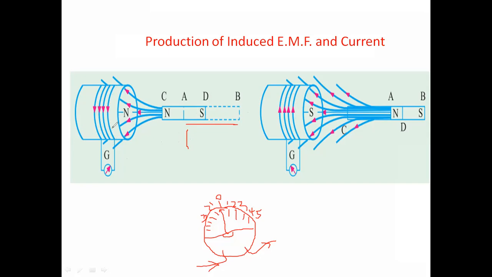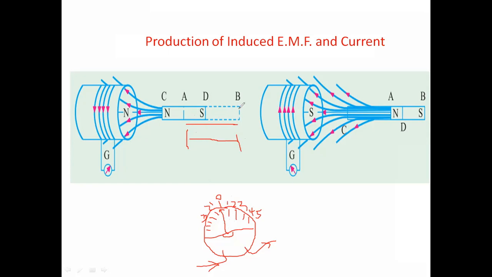When the current is induced in the coil, the galvanometer will be deflected depending upon the current value. Initially, assume that the magnet is present at positions A and B. Because this is a very far away distance, the magnetic flux is not cut by this coil, so the galvanometer does not produce any deflection. The value is 0.